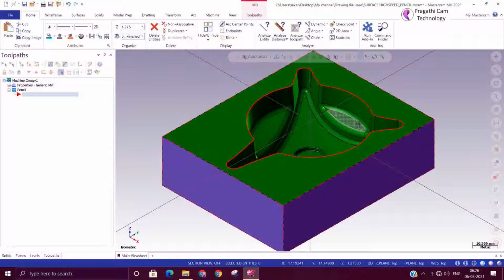When the scallop height is more, the surface finish will be less. When the scallop height is less, the surface finish will be good. But it directly depends upon your timing. If you go for a good surface finish, the time taken for machining is high. If you go for rough, then your machining time is less.